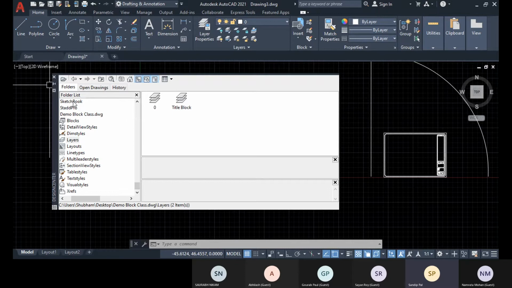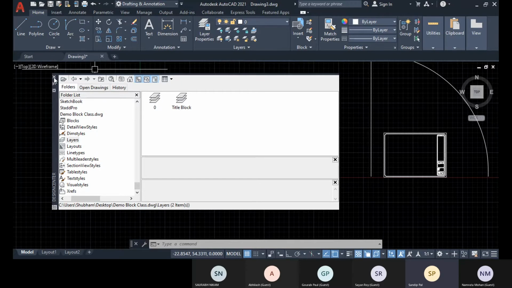Like you can create one drawing file full of blocks. So whenever you need all the blocks like chair, bedroom, or any furniture, or any objects you have created as a block, you can access them from that particular drawing file, and with this design center option you can access.